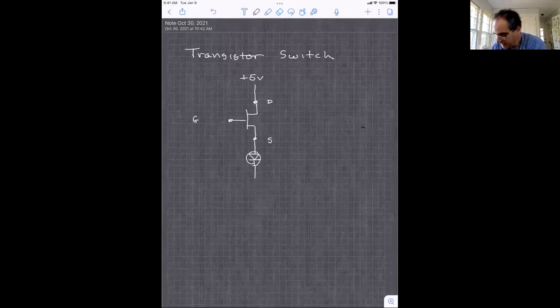And then we'll also connect it to a resistor, because we need a resistor to prevent the LED from burning out when we turn it on. And then it'll be connected to ground, to 0 volts. Okay? Finally, we have the gate. And we're going to attach to the gate